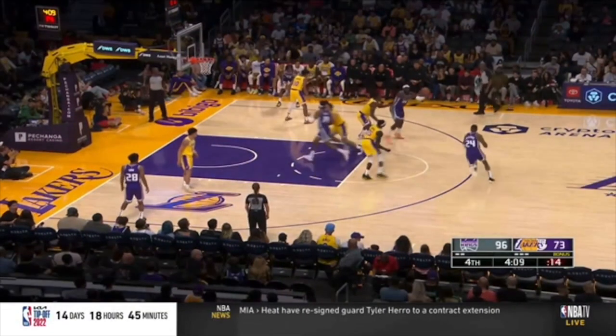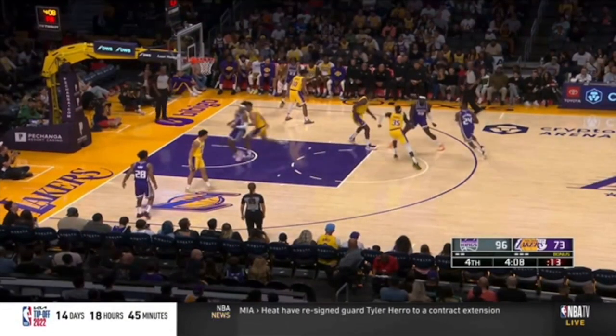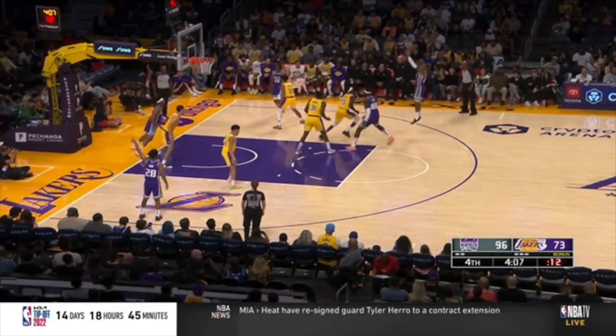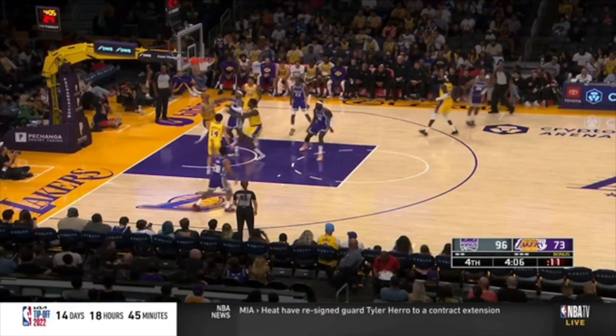Not go under this screen. Again, you got to get up here. I'm either switching or I'm hedging and pushing this guard out. The second he hesitates, brings his dribble back, picks his dribble up, I can recover back. In the meantime, where is this player rolling to? There's a backside defender right here. And I'm going to be able to bump you back quickly anyways. But instead, you go under this ball screen, and it's another wide open jumper.